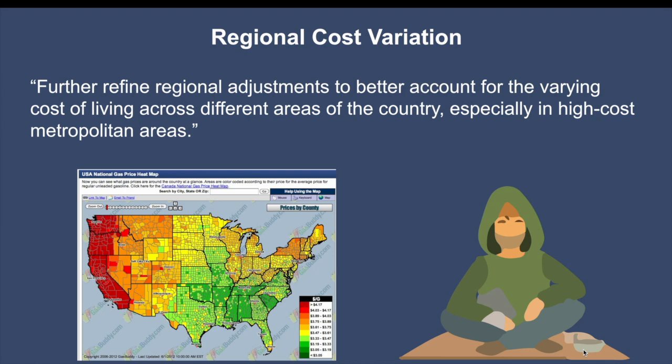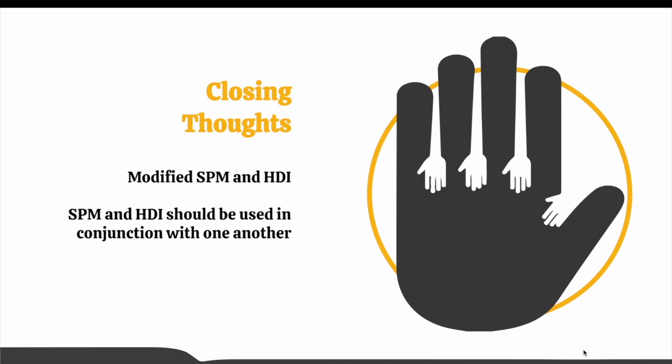We think that this could be ineffective in capturing each person's circumstances, as some areas of the metropolitan area might be more expensive, and similarly, some areas of a state that are not in a metropolitan area might be more expensive. Therefore, we believe the AI is right in suggesting further refinement of regional adjustments based on geographical differences.